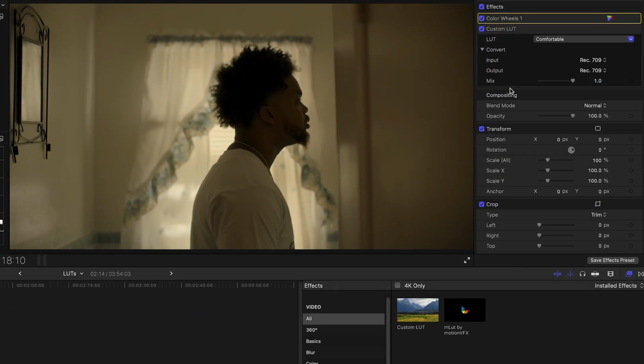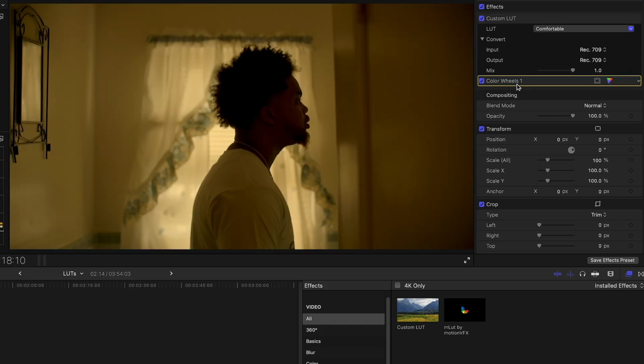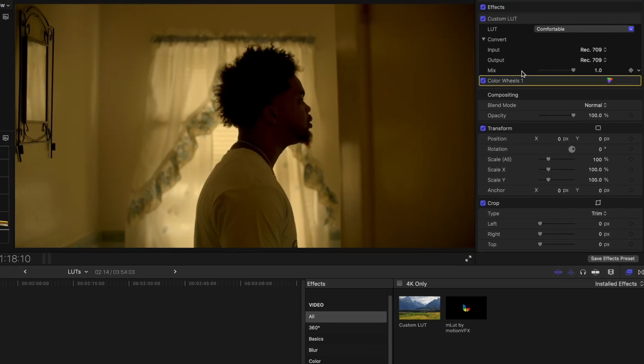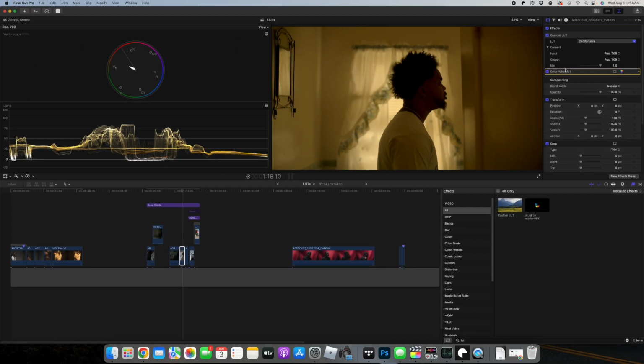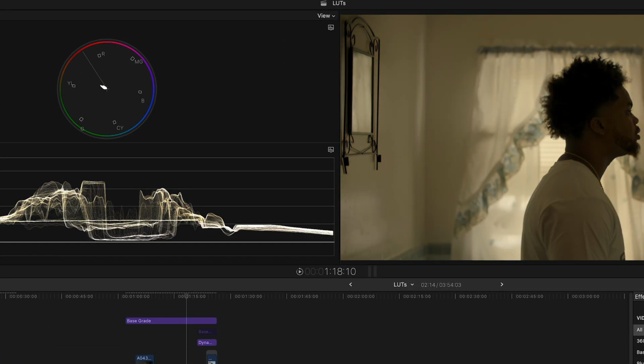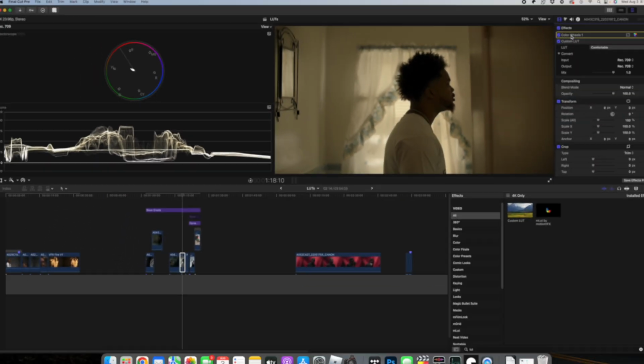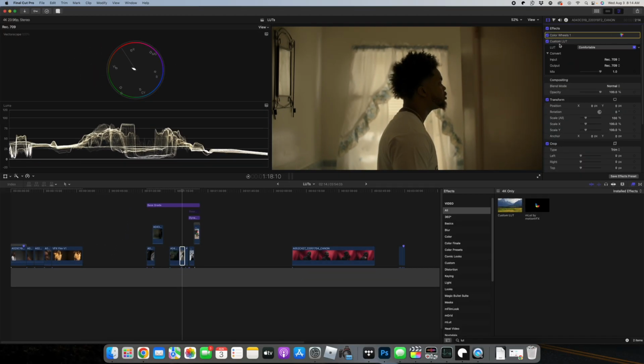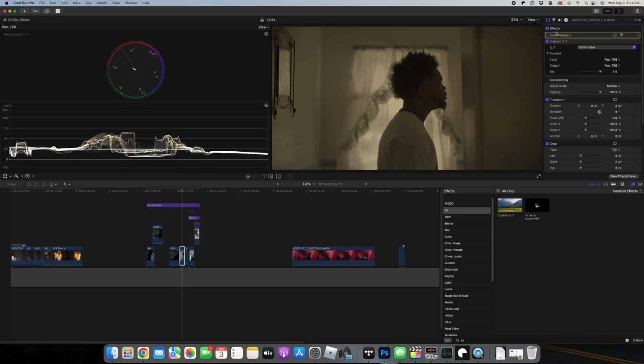If I drag this under it, if I drag this after, you can see that drastically adjusts not only the color, but we are also losing information as well. So if you're going to be applying any sort of adjustments to the LUT, you want to do it before the custom LUT effect is applied. So an example of this would be,